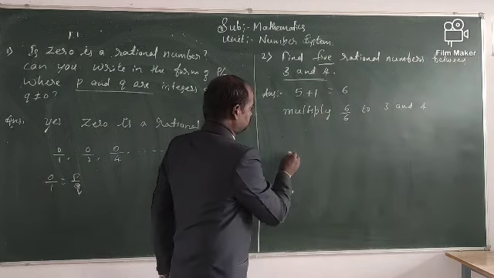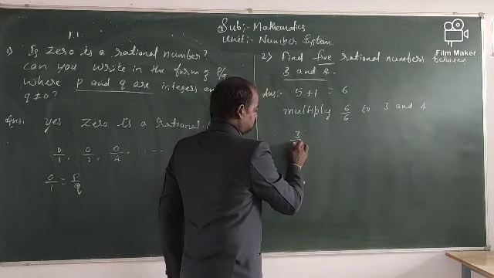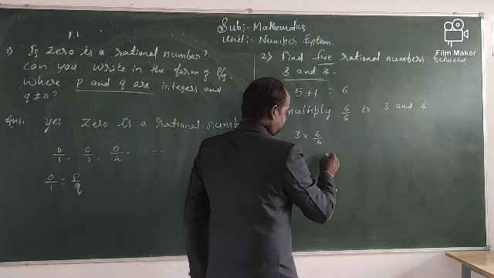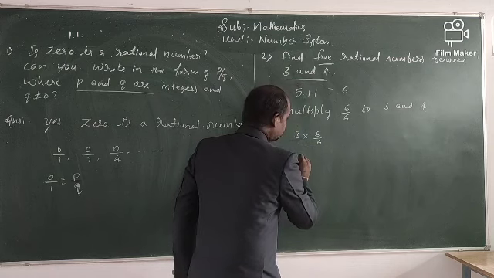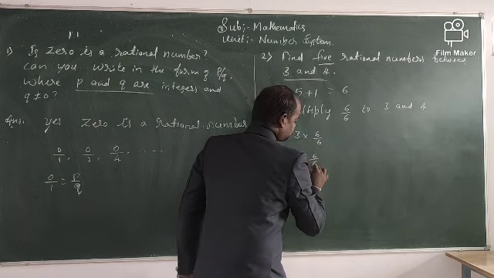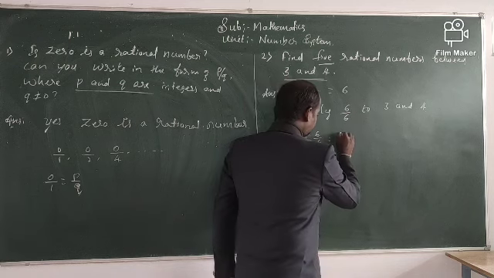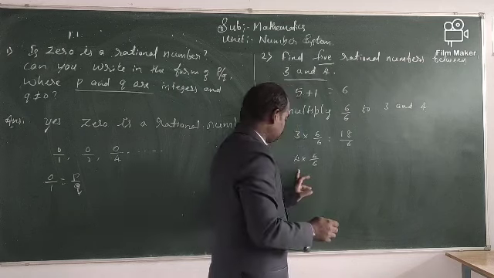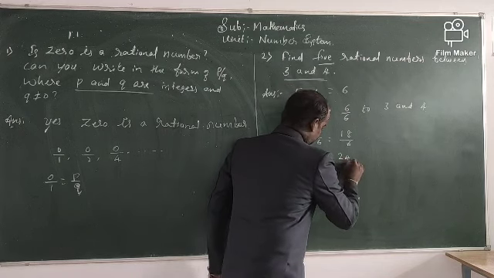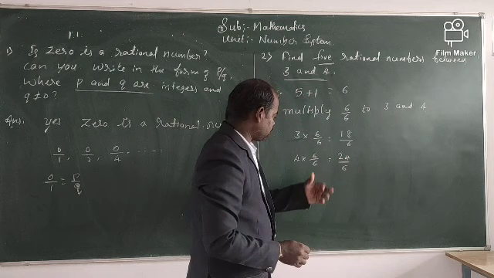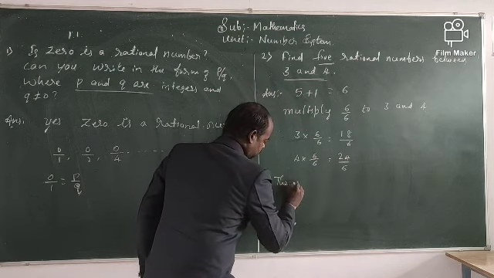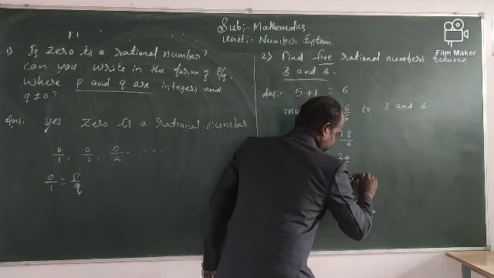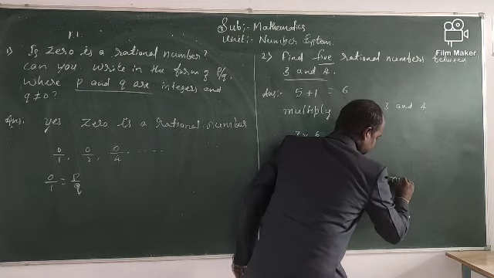Okay, therefore 3 into 6 by 6 and then 4 into 6 by 6. 3 sixes are 18, divided by 6. Next, 4 sixes are 24 by 6. Therefore, the required rational